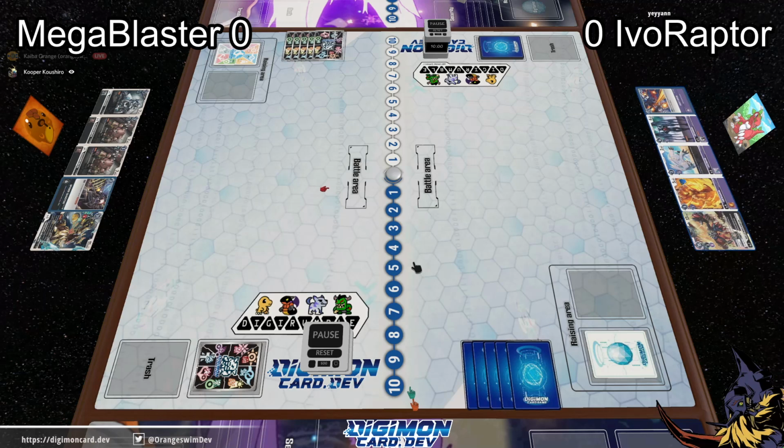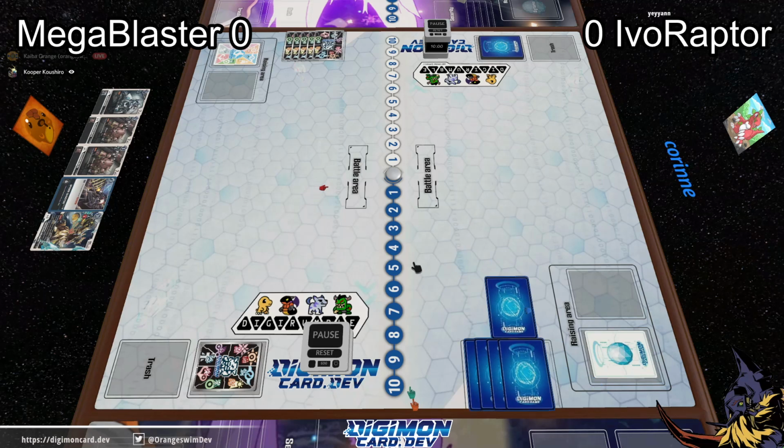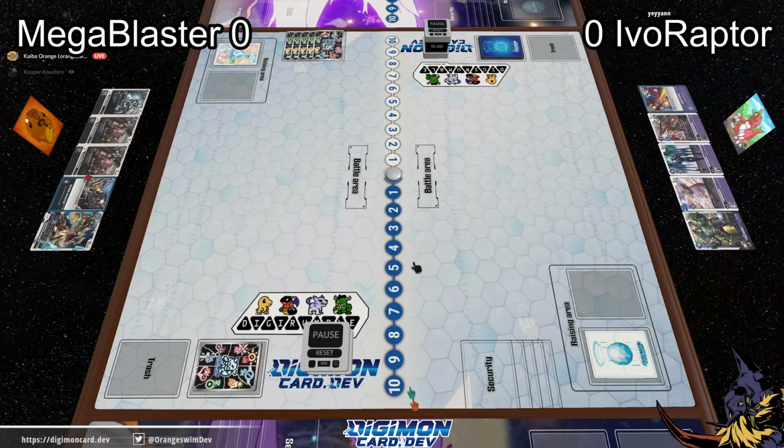Black, especially if we have a Craniamon, very potent against purple, just negating so many of those destruction effects. But we do see a Crescarudamon in Mega Blaster's hand, so maybe it'll be a little bit more reboot focused. Didn't quite see the full hand there for Ivo, but this looks better, whatever it was. We do see that new Boltmon being...